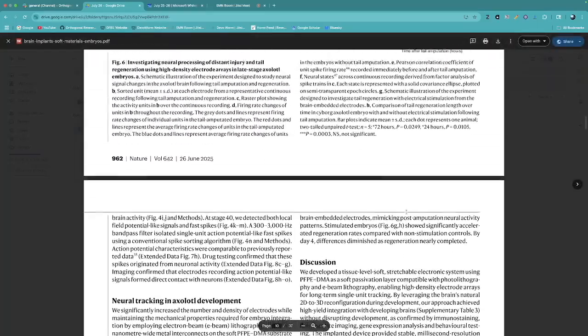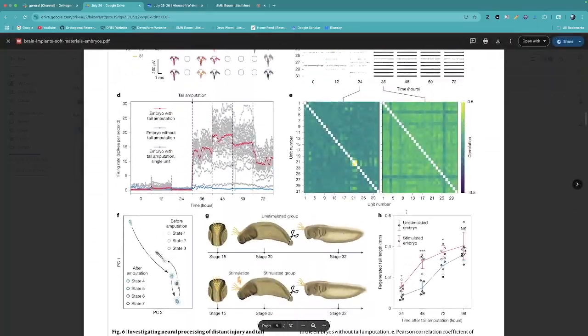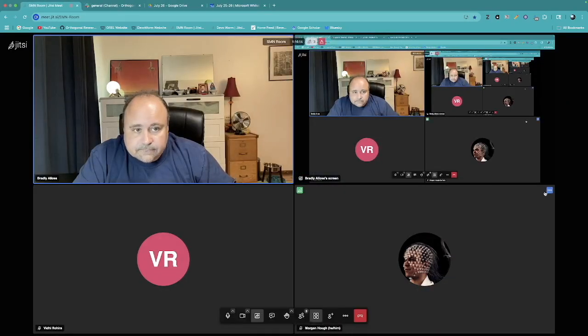And again, they didn't do really specific hypotheses. They just did this sort of to show how the system can be useful. Okay, so why don't we move on here?